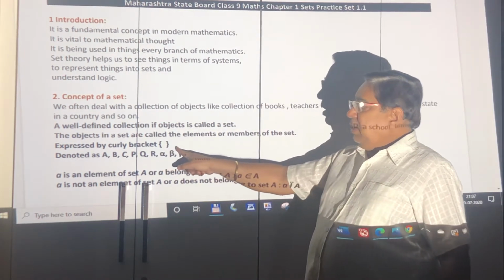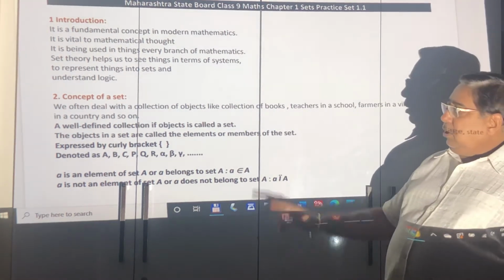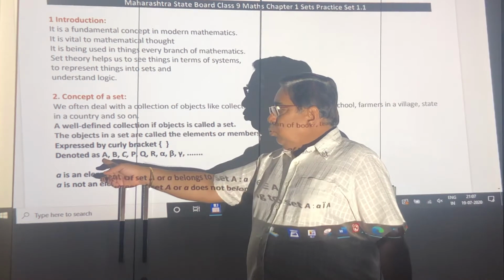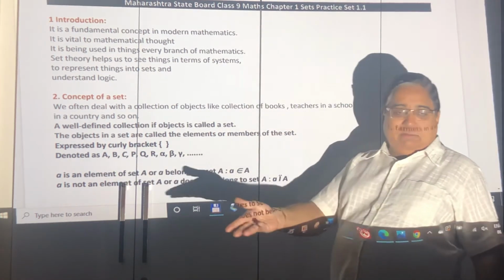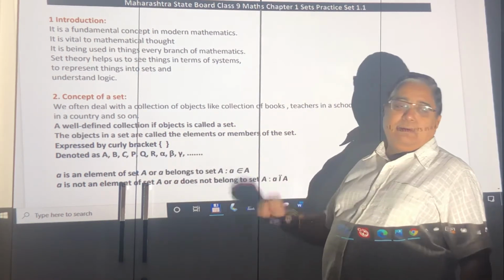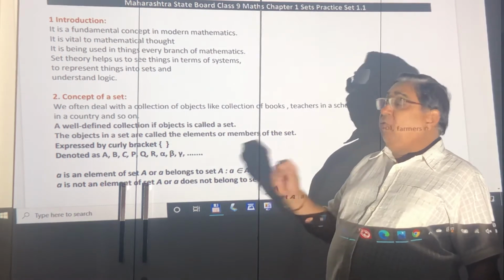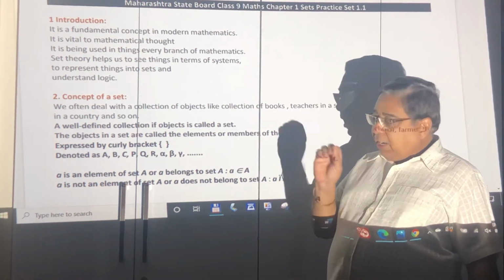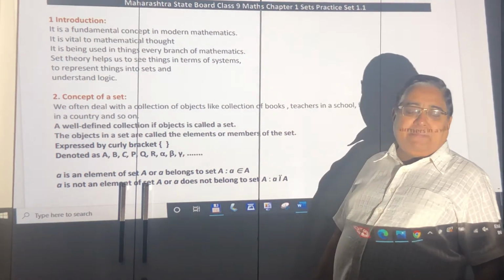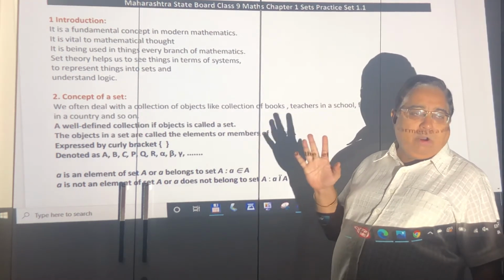Sets are written with curly brackets. You open with a curly bracket, write the members, close with a curly bracket. Not round bracket, not square bracket. To denote a set, as you will say, let, capital alphabets are used, or Roman can also be used. But we can't use numbers. I can't write set 1 is equal to, that will go wrong. Write small a, sorry, it will become a member. The name of the set is always in capital. You have no choice. And it has to be an alphabet, Roman or English.